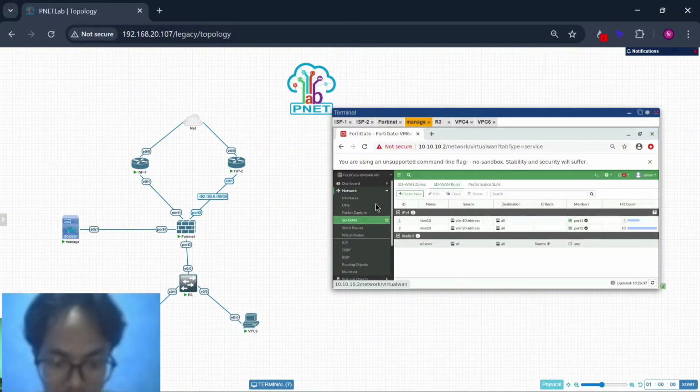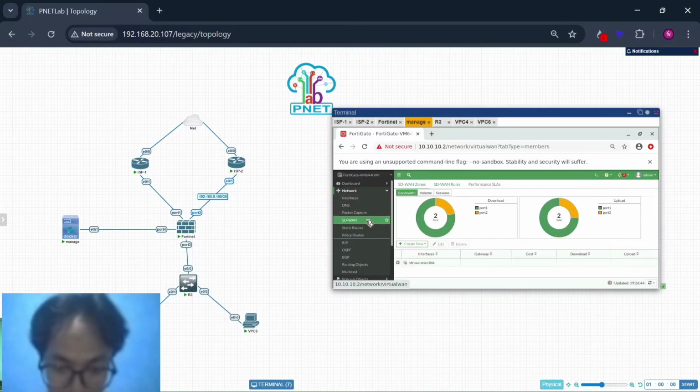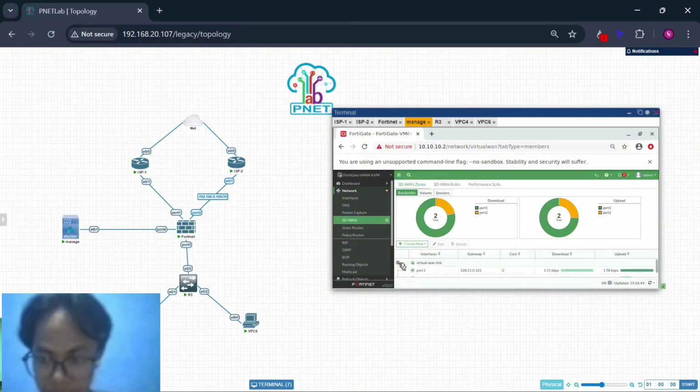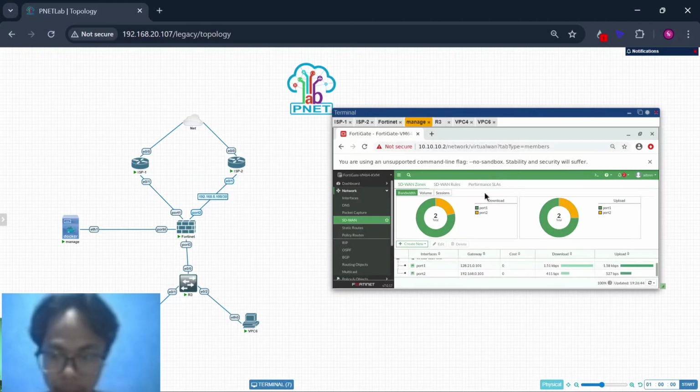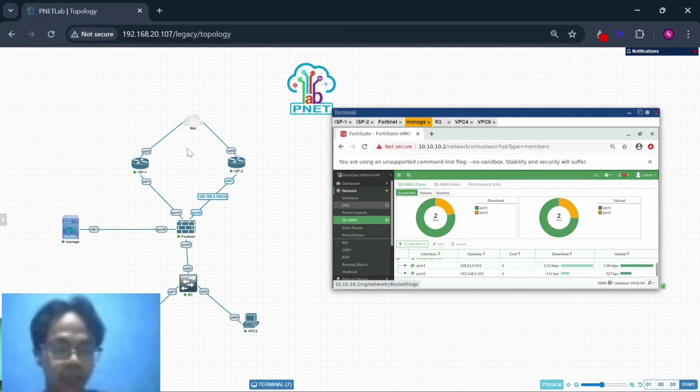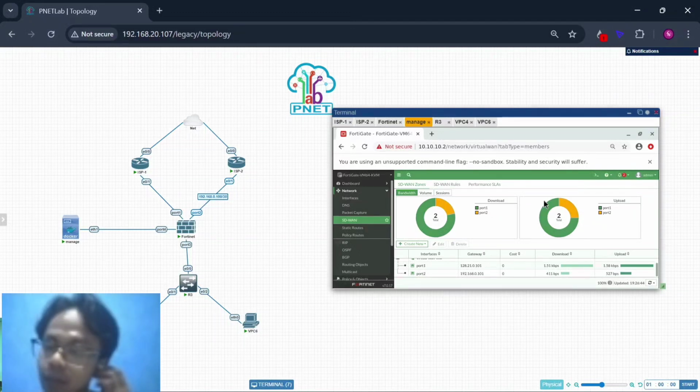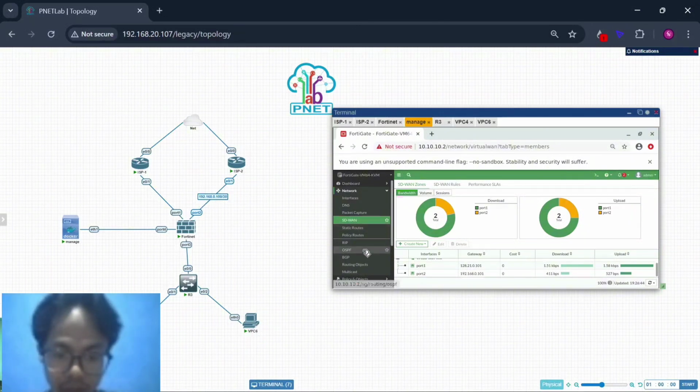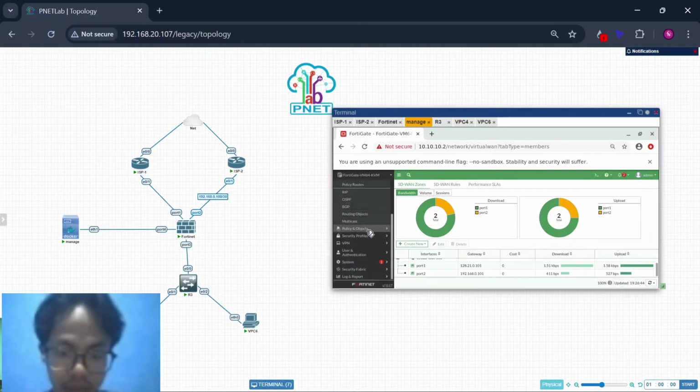First you must configure VLAN, and for the SD-WAN configuration, one, you must enable SD-WAN services, two, you must create a static route from the FortiGate device to the internet via the SD-WAN virtual link, three, you must create an SD-WAN rule, and last, you must create a policy.